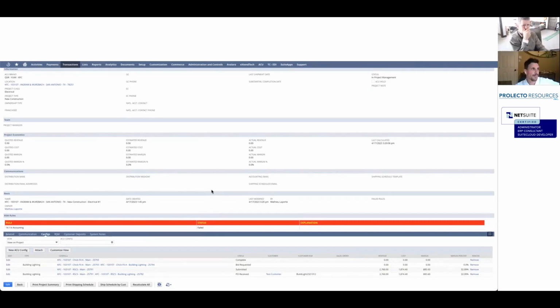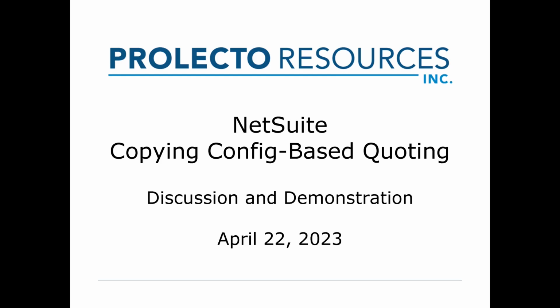It's like the ball is being passed from very early on the estimators and the quoters, and then they pass it to the sales team. When the sales team converts it to a sales order, it goes to the project managers, and then everybody sees the evolution from their own perspective of what's going on.